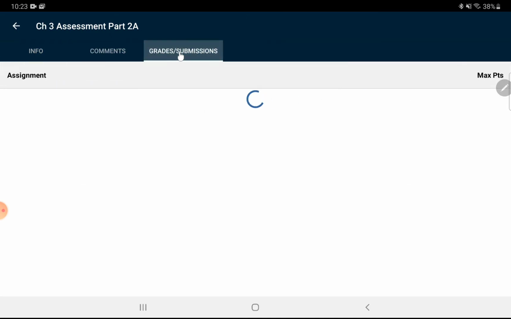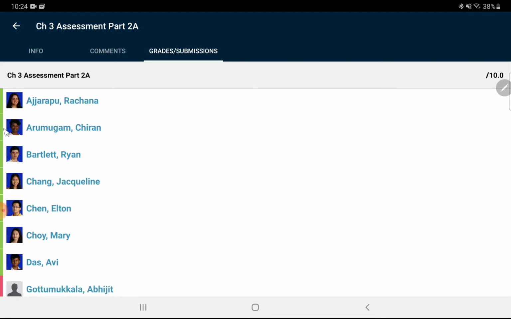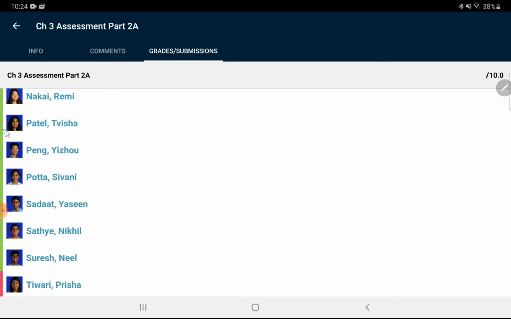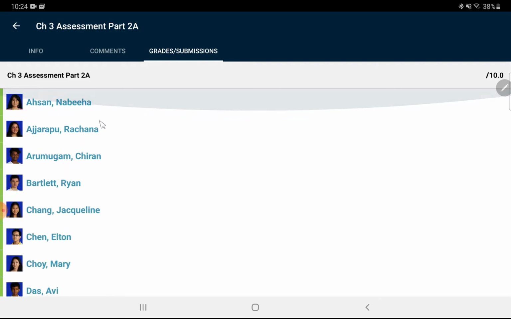Okay, so now that I've gone to my proper period, you'll see here the reason why I knew that period 6 hadn't taken it was because there was a bunch of gray rectangles here. If they have submitted something, it's green. If it's submitted late, let's see if there's any late students right here, then you'll see it in red. Okay. All right, so if I go to a student, let's say this student right here,